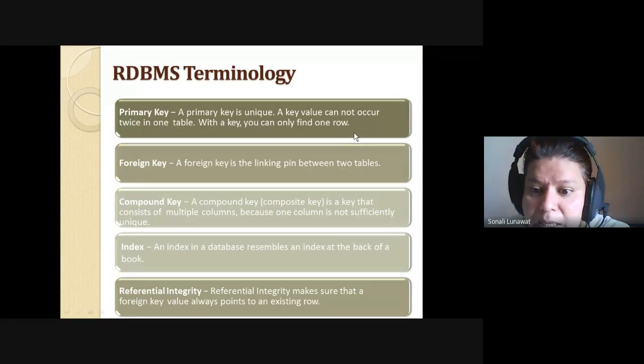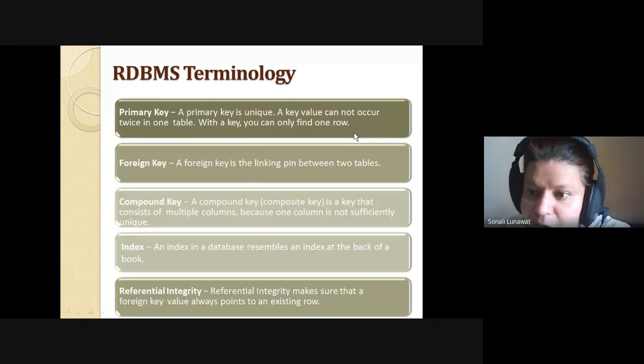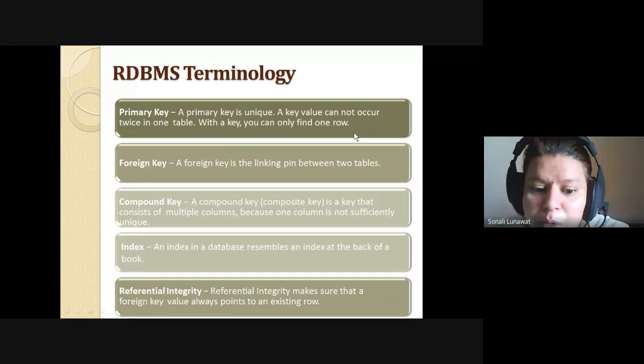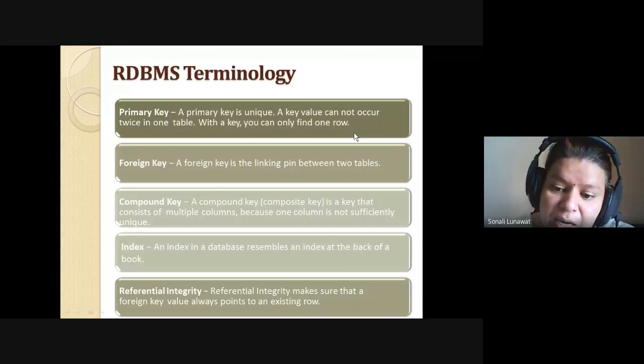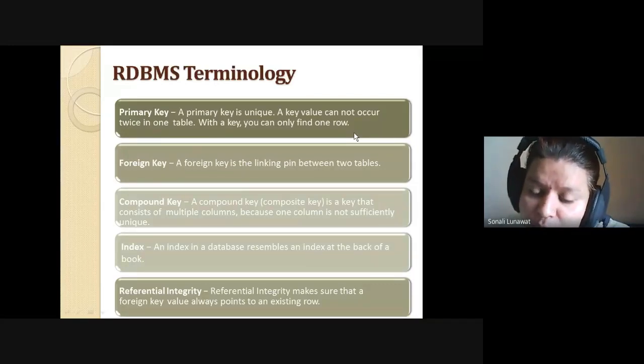Now a foreign key is a link between two tables. Suppose a student is entering through the admission department and taking admission, then only the person is going to be entered in the department. There should not be any channel where the student comes directly to the department and takes admission. So it has to follow this rule strictly.